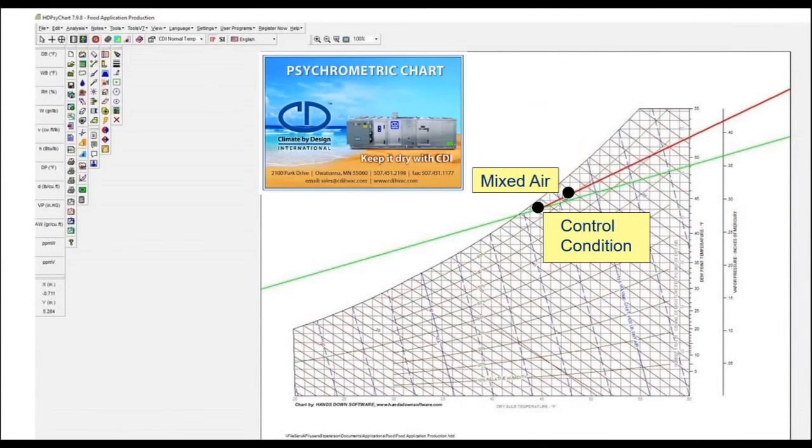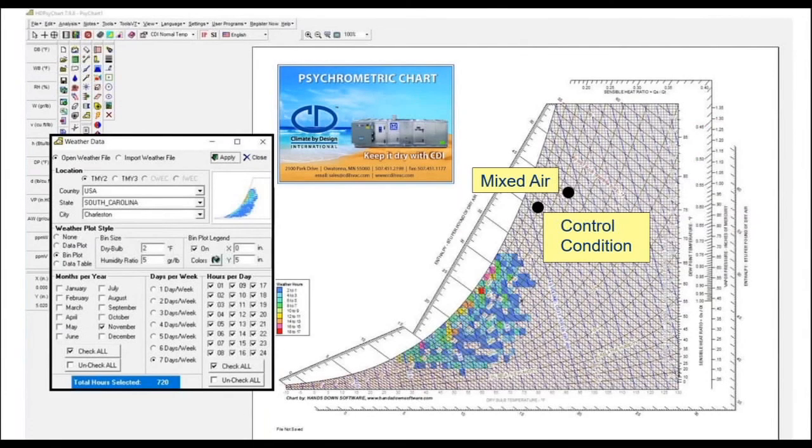I'd like to introduce to you now the second tool that we have, and now this is your desktop application or laptop application. This is our psychrometric tool. And all the psychrometric charts that you've seen today came off of this tool. And there's a lot of things that you can do with this tool. You can map out the entire flow of a system and see how the energy is used.